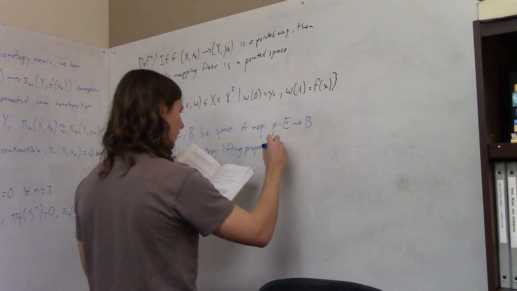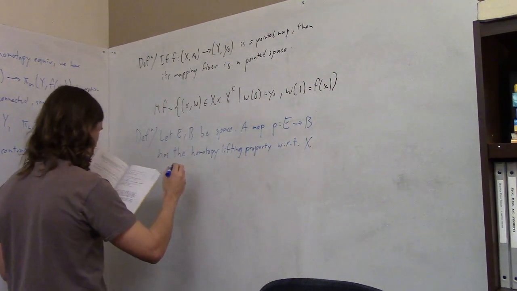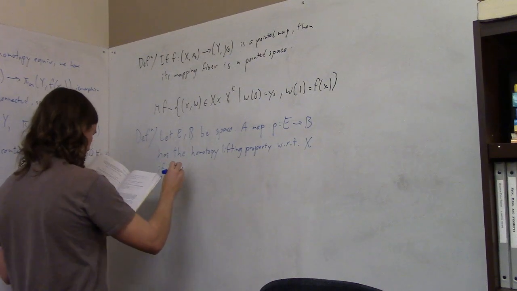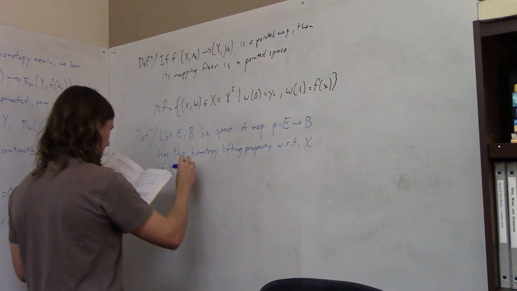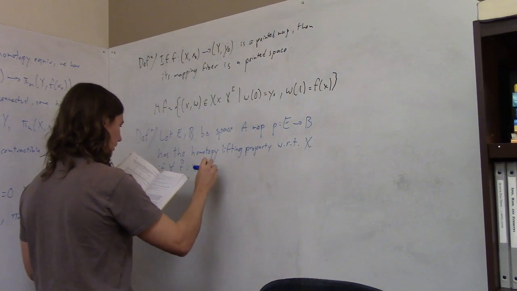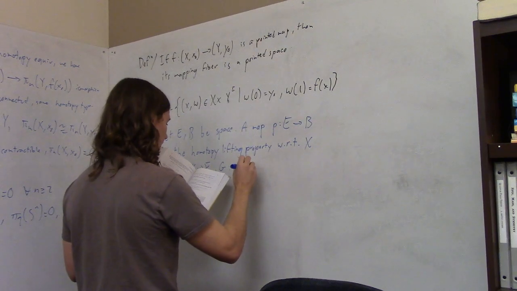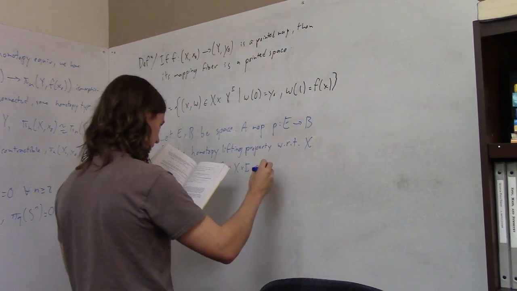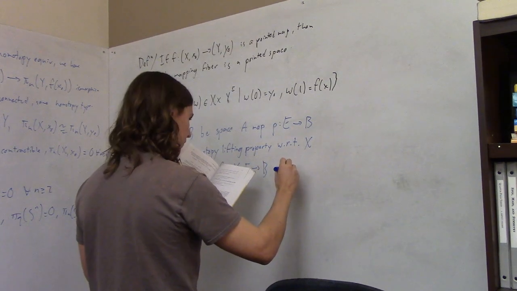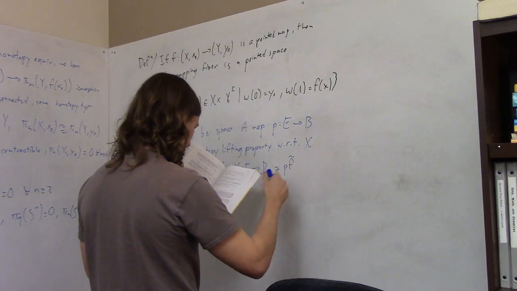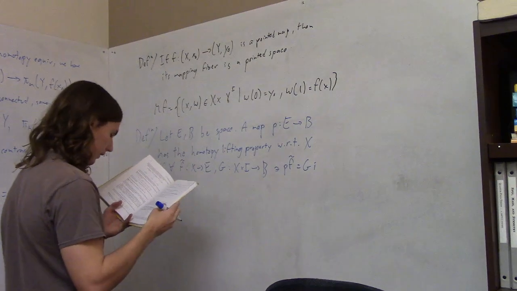With respect to a space X, if for every pair of maps f tilde from X to E, g from X cross I to B, for which p composed with f tilde is equal to g composed with i, where i